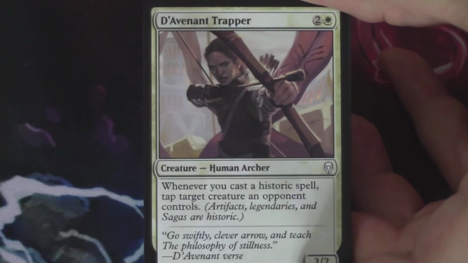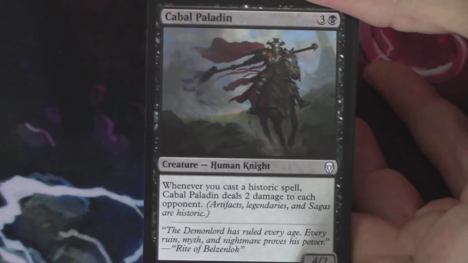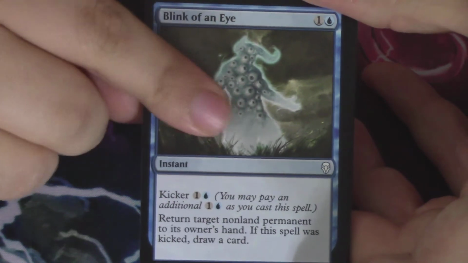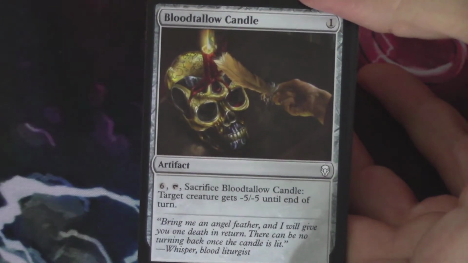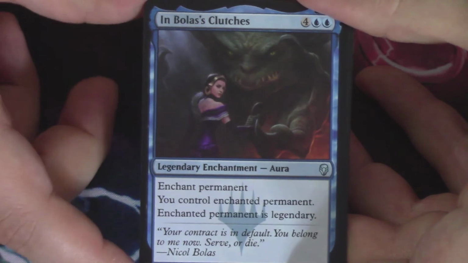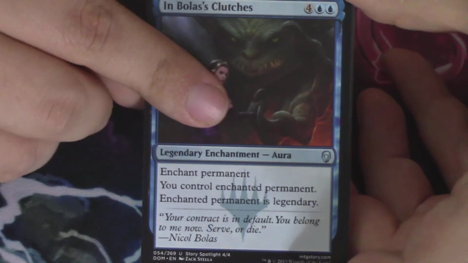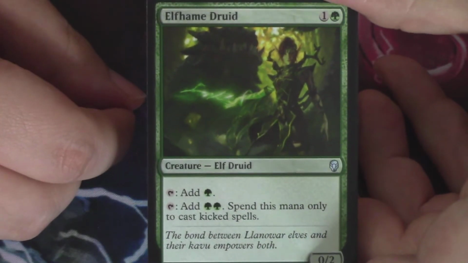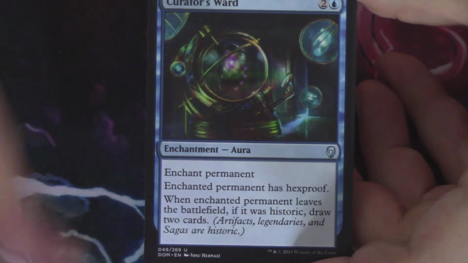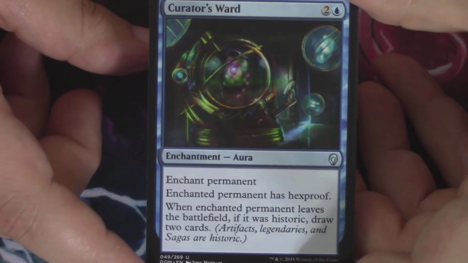To start, Radiating Lightning, Diavinant Trapper, Syncopate, Llanowar Scout, a Cabal Paladin, Blink of an Eye. I love this art. It is very haunting and weird. Deathbloom Thallid, Blood Tallow Candle, Ancient Animus, a Fiery Intervention, In Bolas's Clutches is our first uncommon. Story Spotlight card, all of the above. Pretty sweet. I like it. We have another Elfheim Druid. My goodness. Well, if we need to make green, we've got it. And a Curator's Ward is our third uncommon in a row, meaning that our legendary, rare, or mythic is